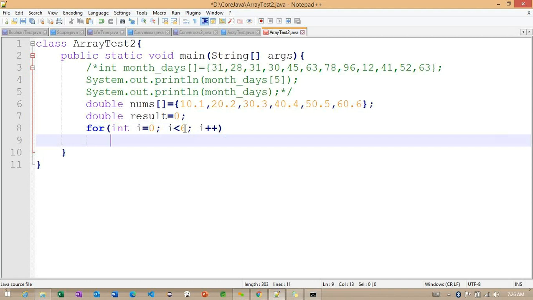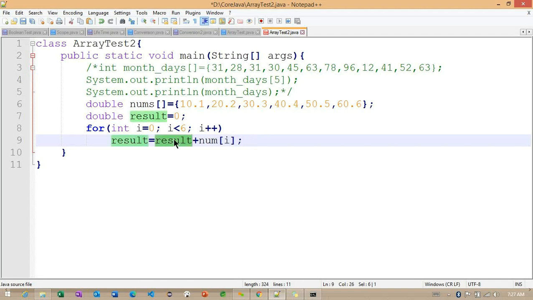With the help of this loop, I want to print out the final result of these double values. Now basically result is equals to result plus num of i. Getting the point. So what exactly is this expression going to return here? This section is very important.